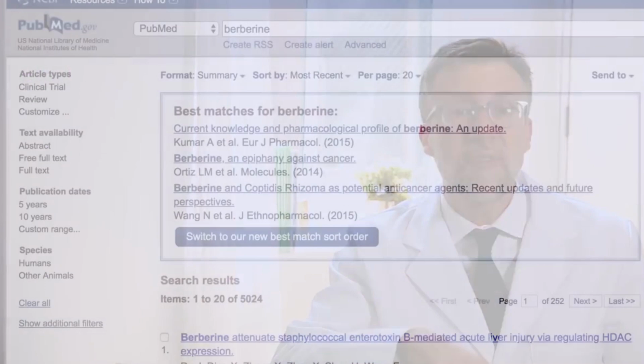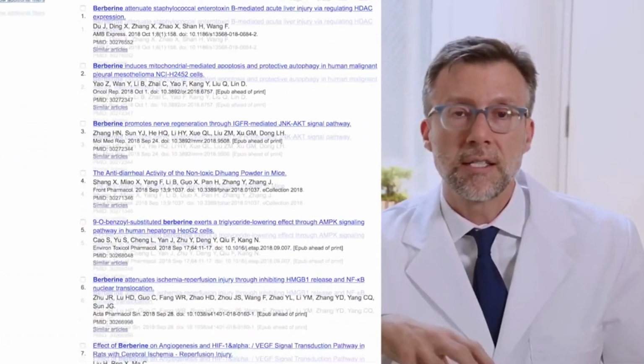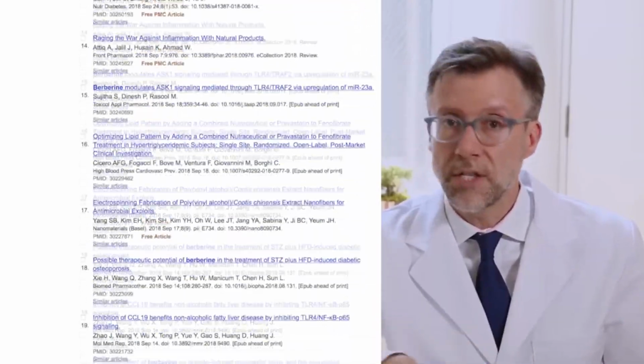There are nearly 5,000 papers published on PubMed right now about berberine because it's got so many areas of cell physiology that people are interested in and that it's effective in. For our purposes, the 4 areas that berberine is effective that we're interested in are detoxification, cell cycle arrest, apoptosis, and AMPK activation, which we also refer to as mitochondrial energy production. So let's talk about how berberine affects those core areas of cell function.